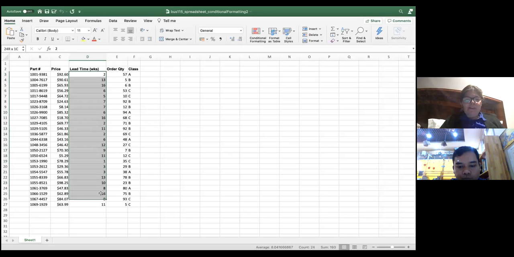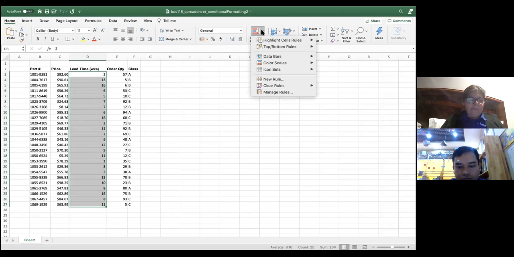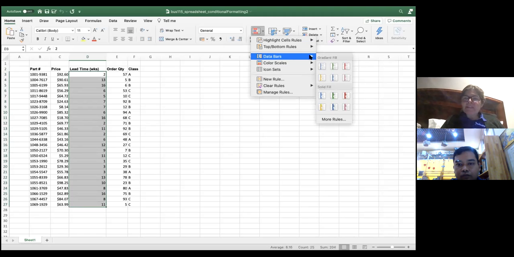Here I select all the column, and after I need to go to conditional formatting. I want to show you something called data bars. Data bars is here. We have two options, gradient fill, solid fill, and more rules. Okay, I want to select in this case a gradient fill, the first option,